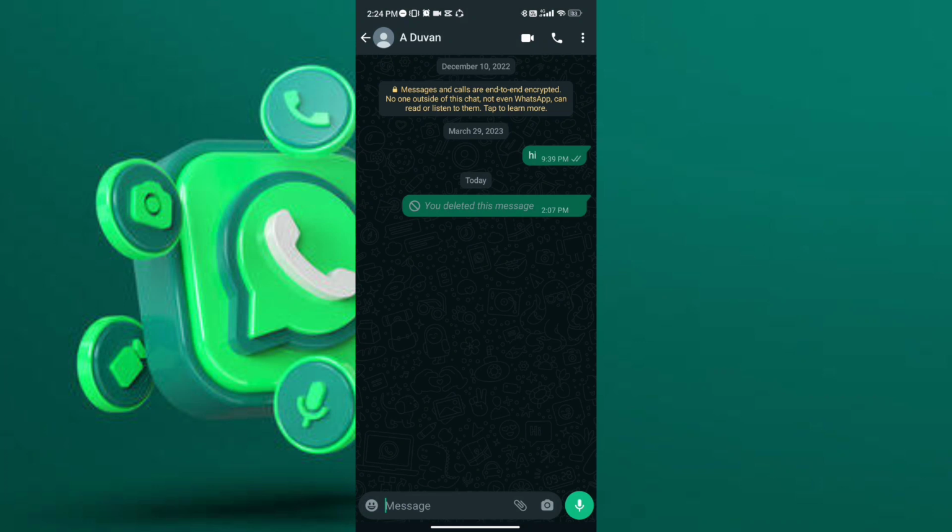And once you've opened it, on the bottommost part you will see the message box wherein you type your message, but along with it you will be seeing the paperclip icon right next to the camera. That is the one that we're looking for. Let's go ahead and tap that one,